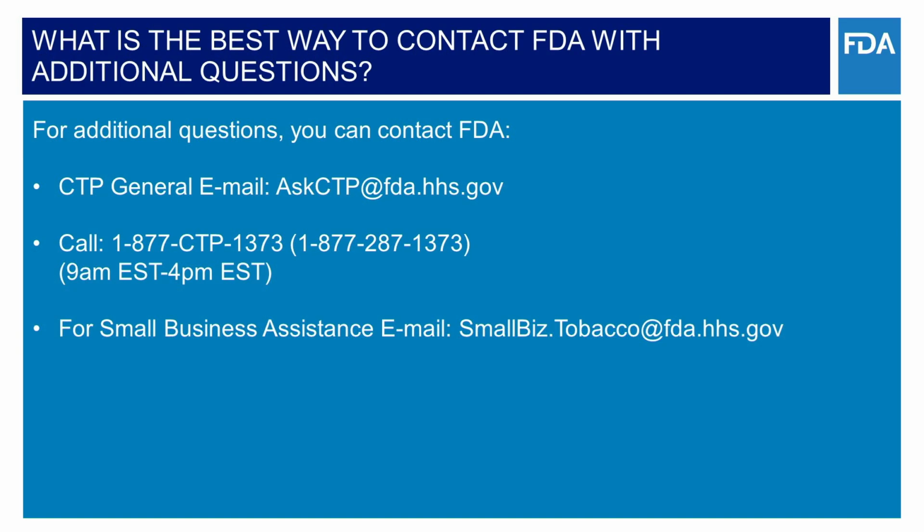If you have additional questions regarding the compliance check inspections of brick-and-mortar tobacco product retailers database or federal tobacco laws, please contact us via email at askctp@fda.hhs.gov or by phone at 1-877-287-1373. For small business assistance, please contact the Center for Tobacco Products Office of Small Business Assistance at